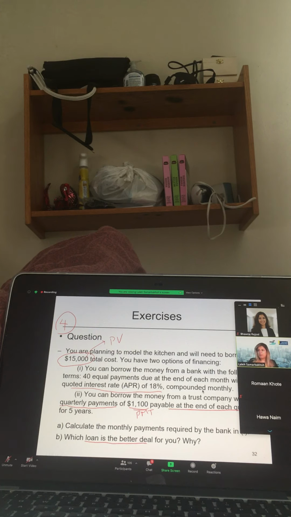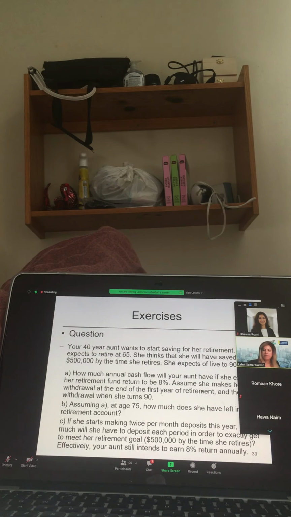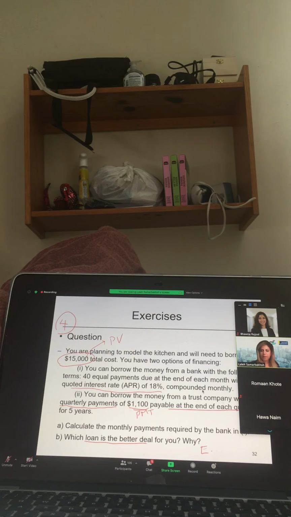So I've got the right answer from Claire, Rebecca, Maria, and also way in advance, Jessica gave me the right answer. Joy, Alyssa, that's correct. So whenever you are going to compare, you're going to compare their EARs. EAR is the answer. So that's my guided steps for this question. I just tell you what you need to do. Now you have to do it yourself, because if I just show you, then it loses its purpose. I'm going to post the answer. You can check the answer for yourself. So you need effective annual rate.